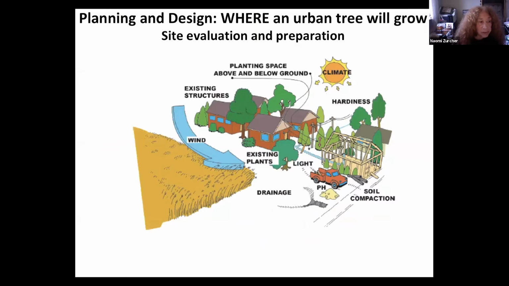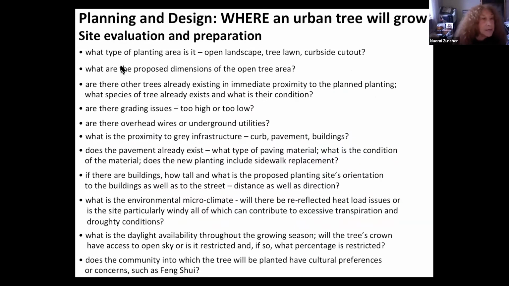Site evaluation and preparation, or the planting site, the where the tree will exist, is an essential element in the art of growing an urban tree and must be evaluated for environmental conditions and adapted and prepared for long-term tree growth.